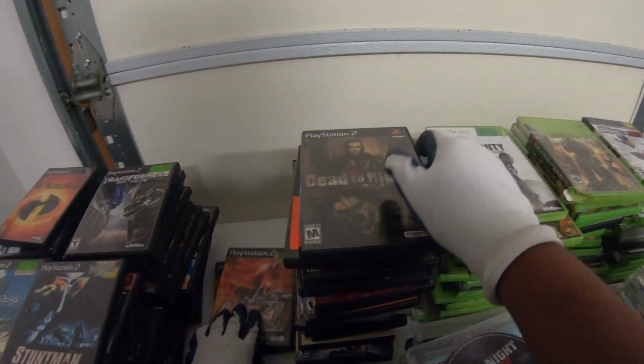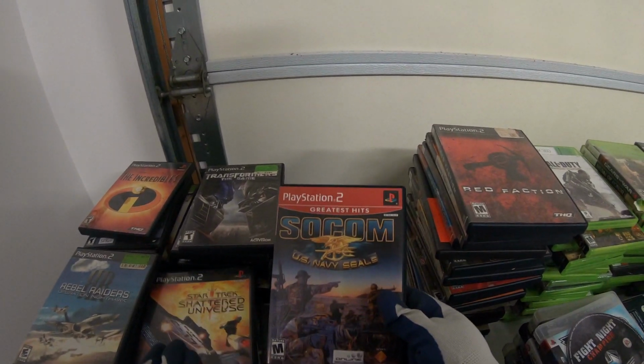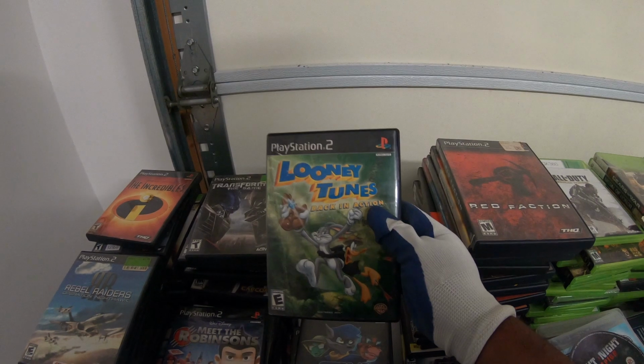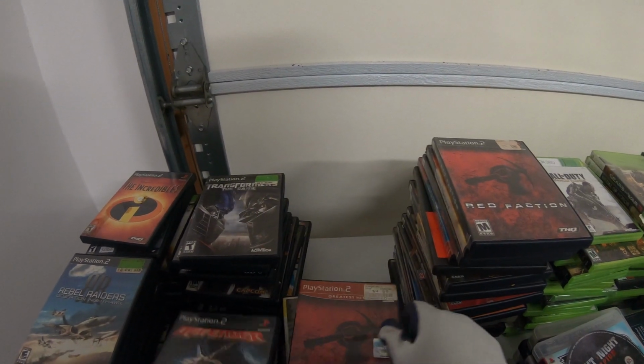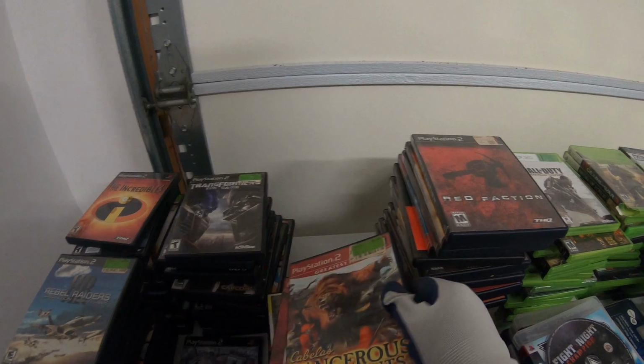Combat 4, Dead to Rights, Dynasty Warriors 4, Red Faction, Stuntman, SOCOM, Star Trek, Chronicles of Narnia, Sly, Looney Tunes, Meet the Robinsons, Devil May Cry 3, Jak 3, another copy of Red Faction, Defender, Ben 10, Cabela's,